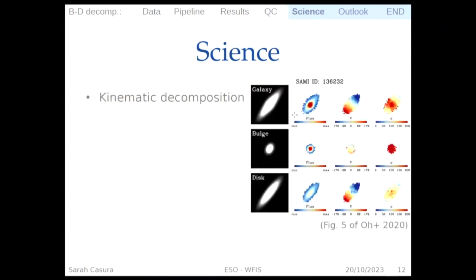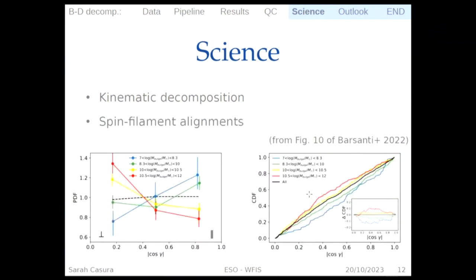Right, then what can you do with a catalog of robust structural parameters? So here's just a few things that my collaborators have been doing. This is from Shri O. She's in the SAMI survey, so an IFU survey. And she used my Bulge-disk decompositions as a constraint to then do kinematic decompositions of the SAMI galaxies. And then Stefania Barsanti, also in SAMI, used this to then study the alignment of galaxy spins and the cosmic web filaments,